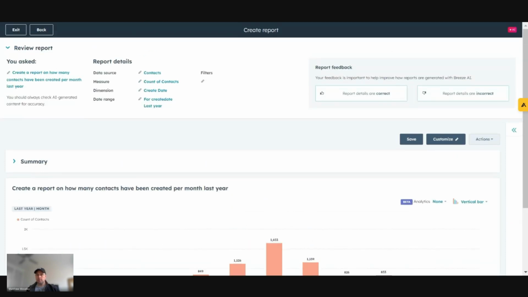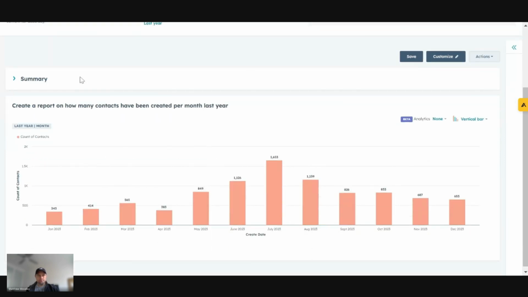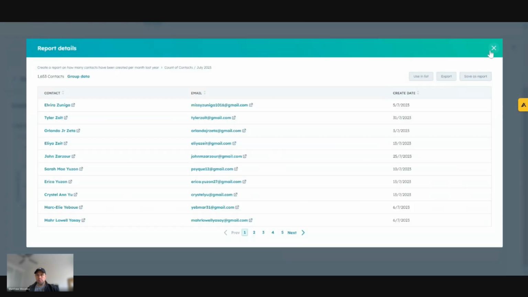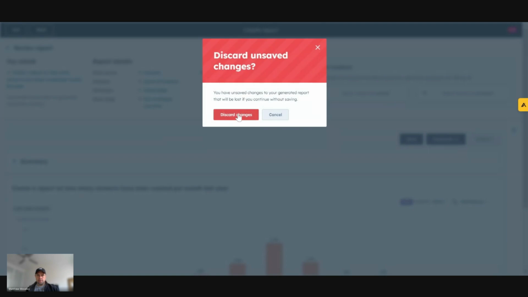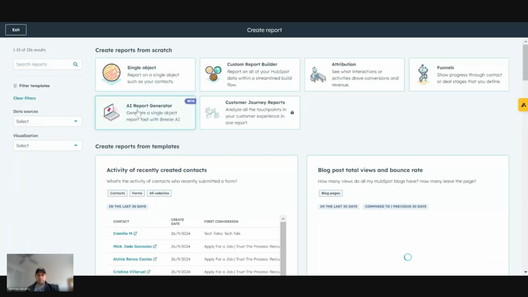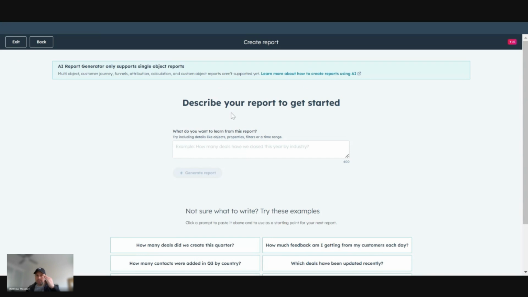Now, with anything, if you create a social media post, you don't just accept it and post it, you edit it. You do the similar thing here. You have a little review of what you've got, and you go, all right, yep, this is perfect, this is what I want. Or it might be time to customize. So you've got reports are correct, reports are incorrect. So again, I'll just discard that one, and I'll go back in.